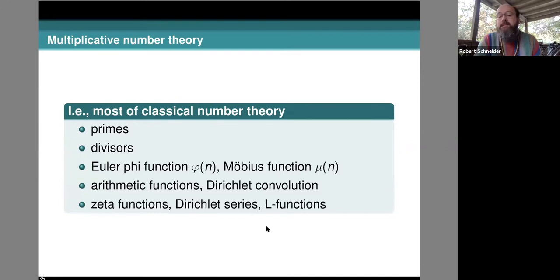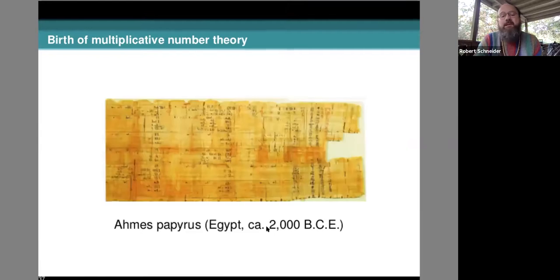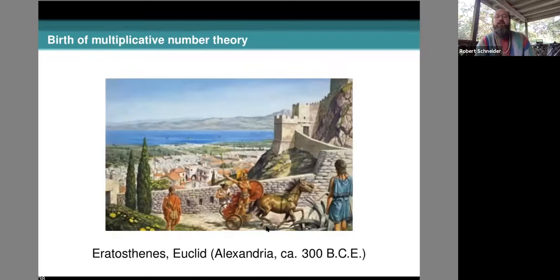And if we want to trace the history of that, well, of course, there are prime numbers on the Ishango bone. If we wanted to skip forward in time a little bit, after the Ahmose papyrus, we could hit Greece. A lot of nice work was done in arithmetic in Greece, and it caught on. So people have been doing arithmetic for thousands and thousands of years, and even little kids appear to totally love it because they do it every day. They must really love it.